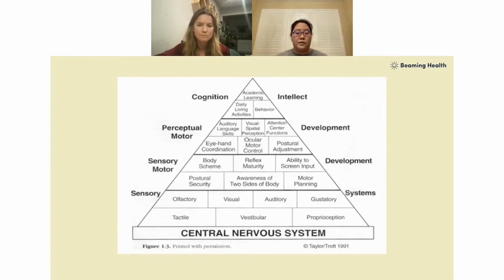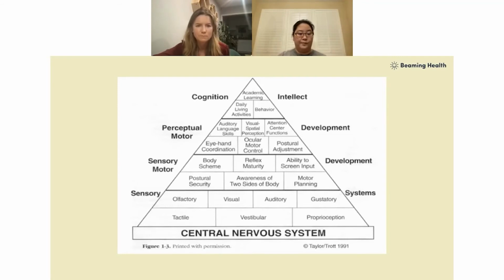And so this is, again, just that bottom part. And we haven't even gotten into some of the other parts that go into it. So sensory motor development is that next part that lies on top of sensory processing. So again, being able to put things together, being able to, for example, understand where you are in space,